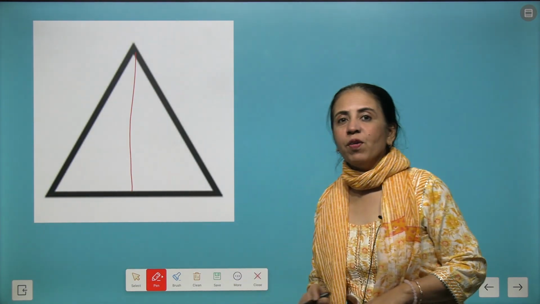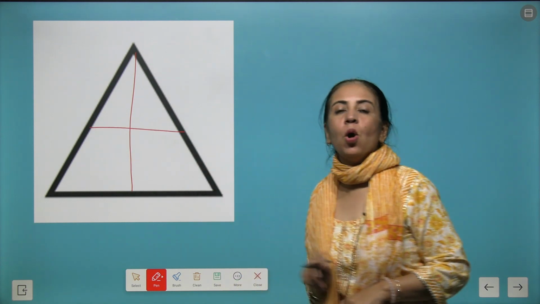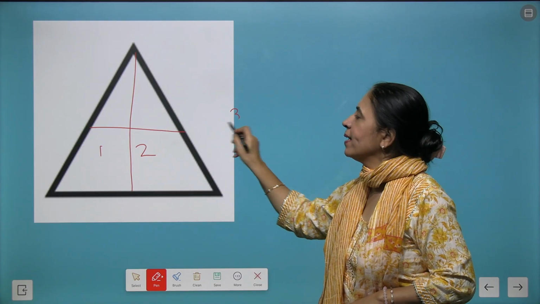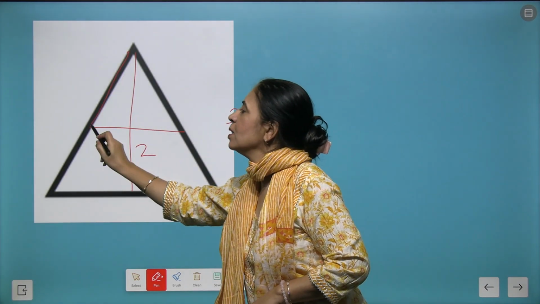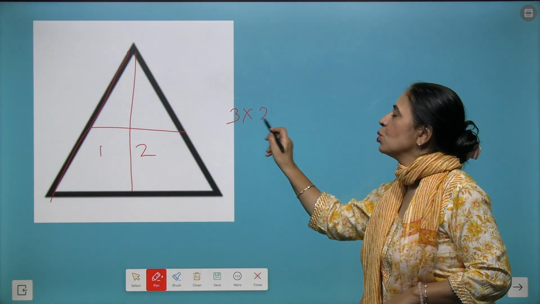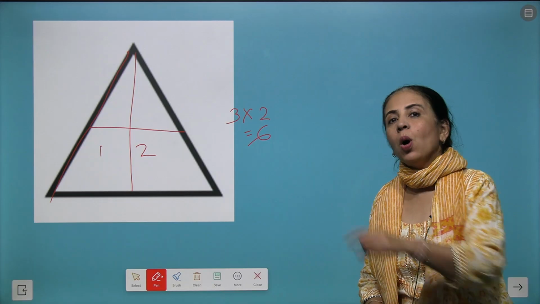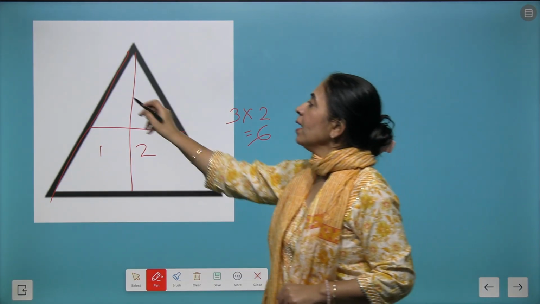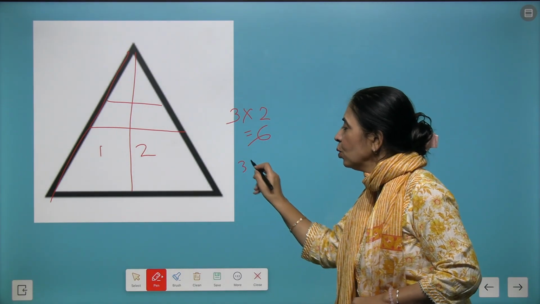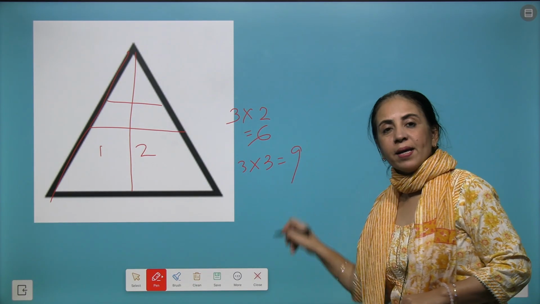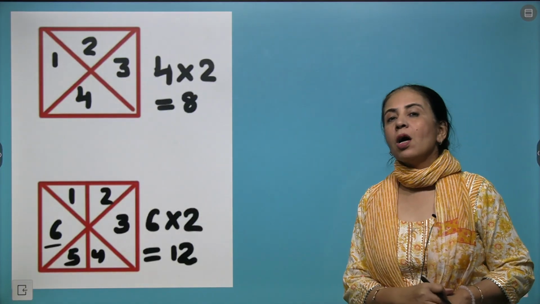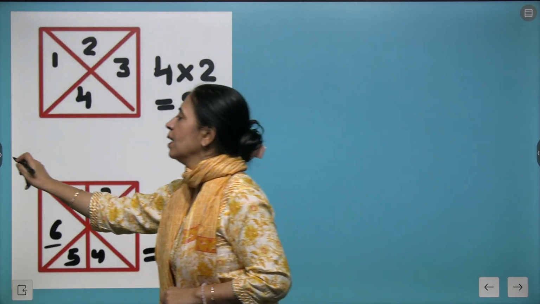So this becomes, and now let's see a very interesting thing. If I have one vertical line and one horizontal line, we say 1 and 2, that makes 3. And this is 2 parts division of one line. So 3 times 2, it gives you 6. We got 6 triangles here. And if I draw one more line over here, I will write down 3 times 3. That makes 9 triangles.